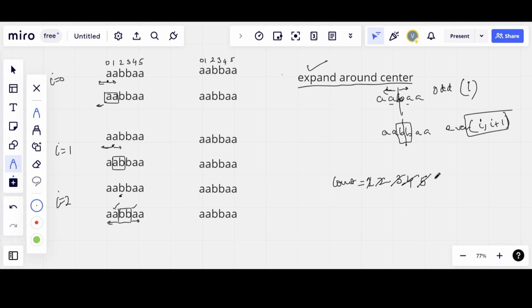Now we'll increment the counter to 6. Now again on the right the next character is A, and on the left the next character is A, so we'll increment the counter to 7. Now as we have reached the limit of the string, as there are no characters on the left and right, we'll stop. Now for i equal to 3,